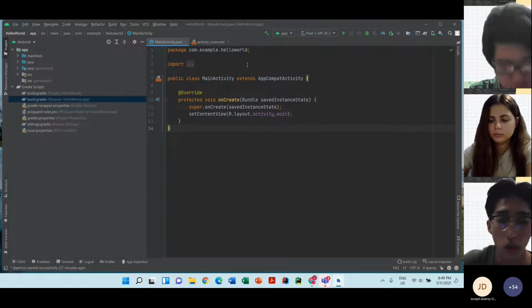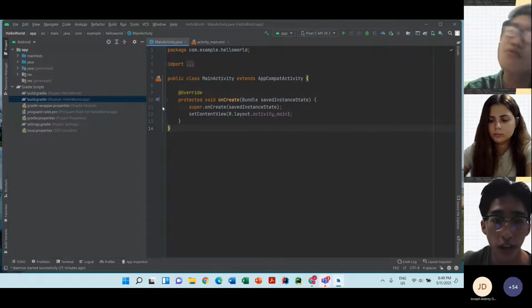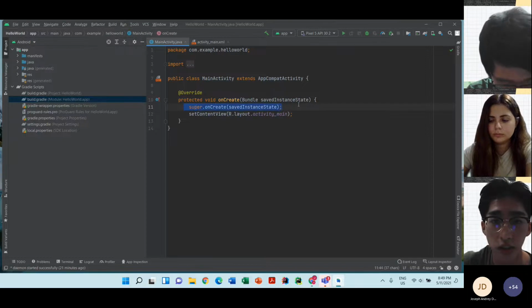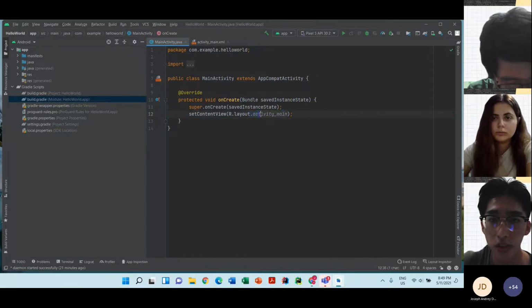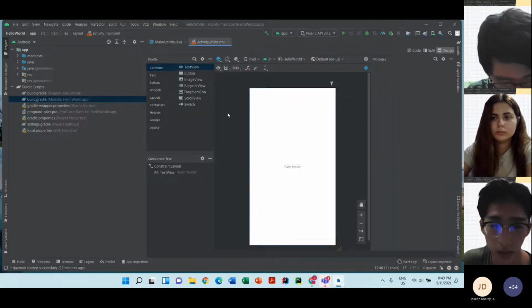When we run the code, it will start from this line 11, onCreate, and set the content view to activity_main. So when you run this, it will pop up the content, which is the layout, here.